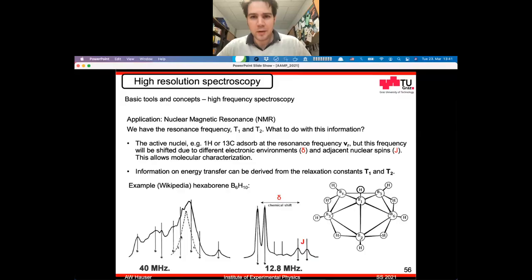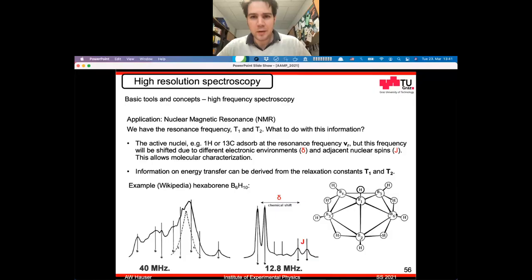You can see that for a chemical compound, when putting it into an NMR setup, you get different spectra, and you can derive from the spectra what type of environment you find this nucleus in, and from this you can derive also structural information. Another thing is that how often an atom is typically found in a certain